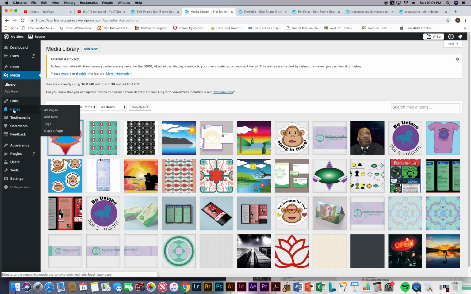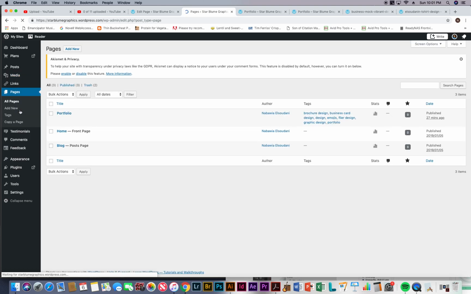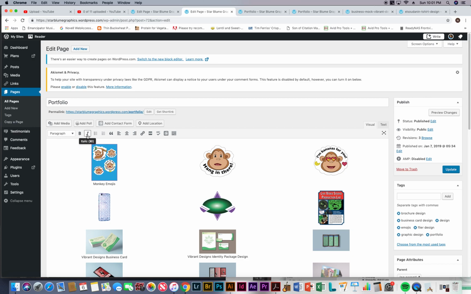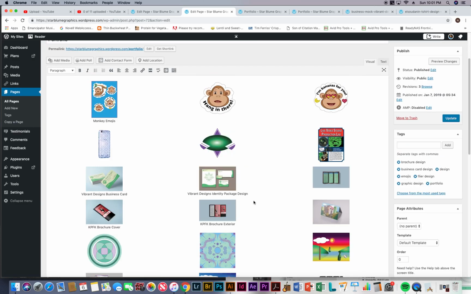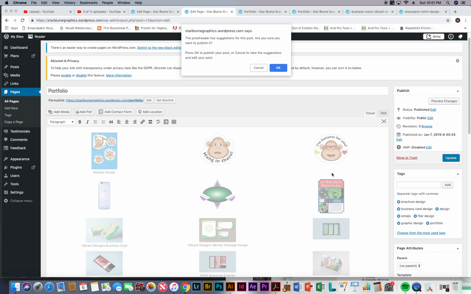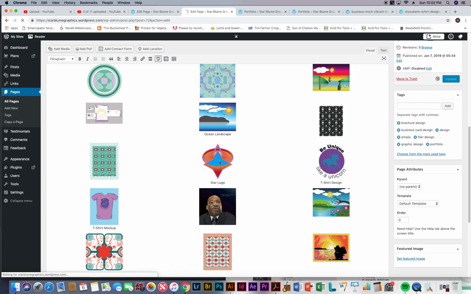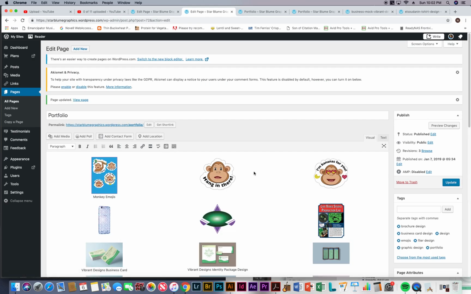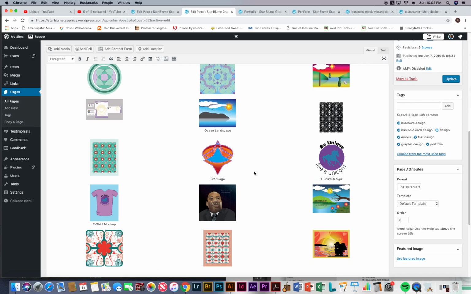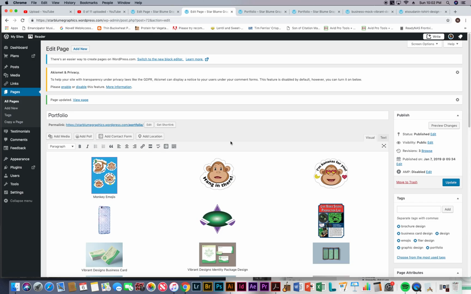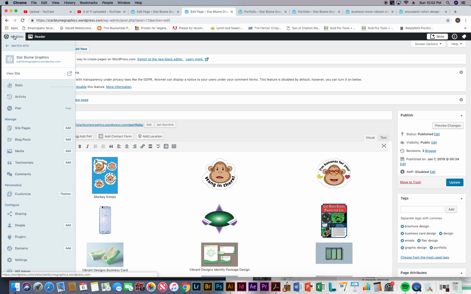Okay, so then if I go back to pages, portfolio, edit, let's see if I click update the page. Okay. Okay, star logo looks like it's been changed now, so it's got a caption. Good. Now if I want to, I can click preview changes here, or if I click, let's see, my site,